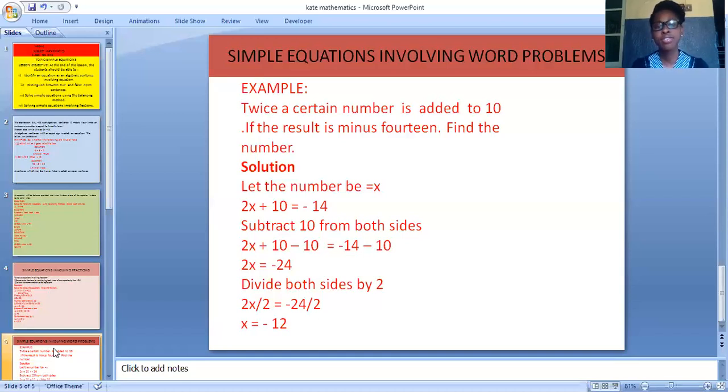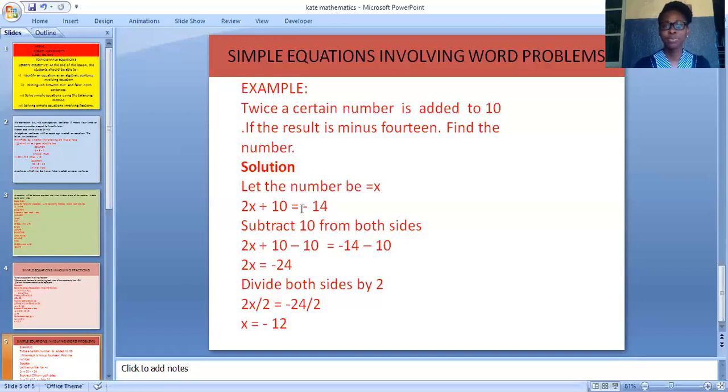So 2x equals to minus 24. Divide both sides by 2. We have it to be what? 2x divided by 2 is equal to minus 24 divided by 2, which gives us x is equal to minus 12. For you to know more on simple equation, I advise you go to your textbook, go to Essential Mathematics,